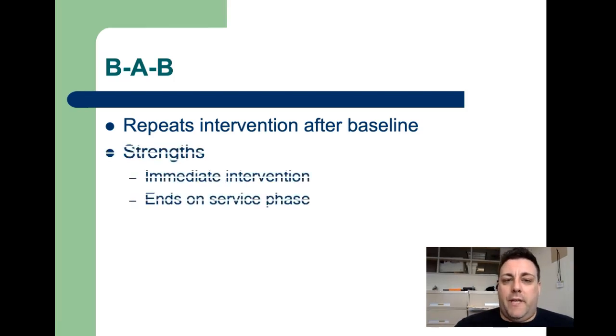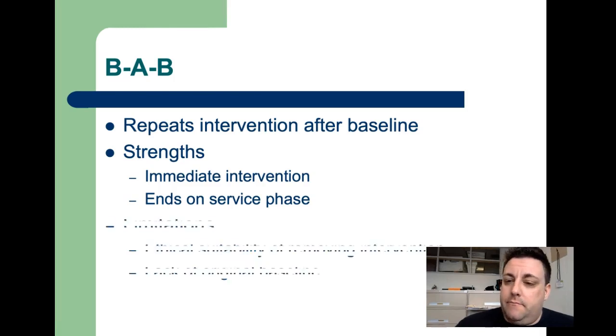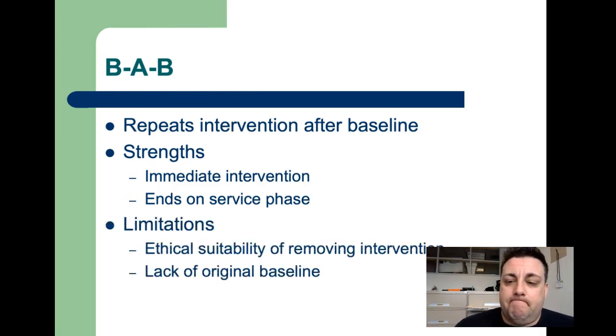So it's sort of a repeat of the intervention after the baseline. The strengths of this is that you're implementing an intervention immediately, so you're not asking someone to wait for an intervention. But it also doesn't give you really like a true baseline. That baseline is subject to some carryover effects that might be present after that first transition to a B, then